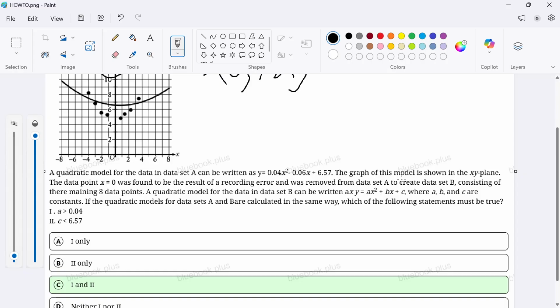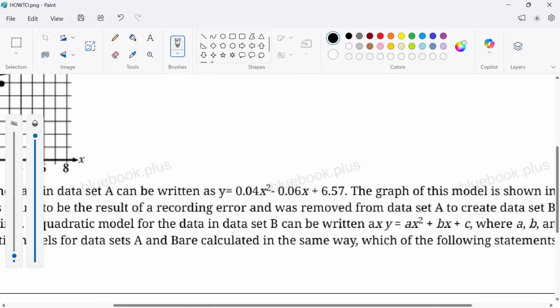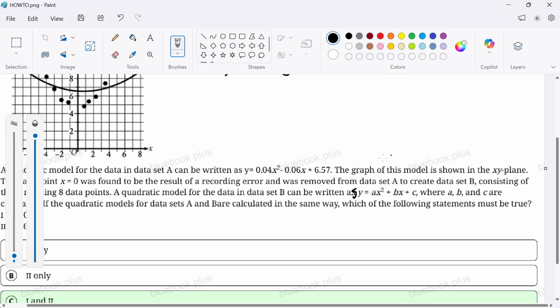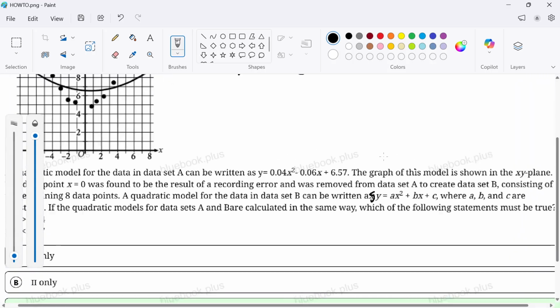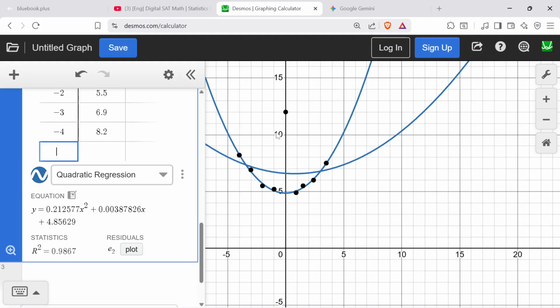the remaining 8 data points. A quadratic model for the data in data set B can be written as y equals ax squared plus bx plus c, where a, b, and c are constants of the correct model. Okay, so one thing you can do, and it's going to take a while,